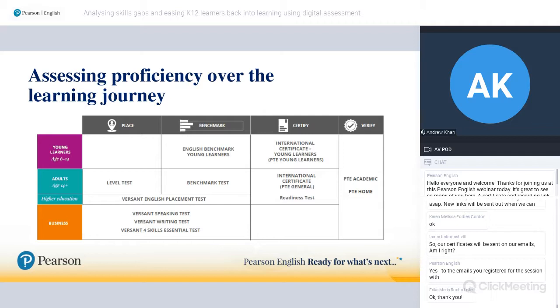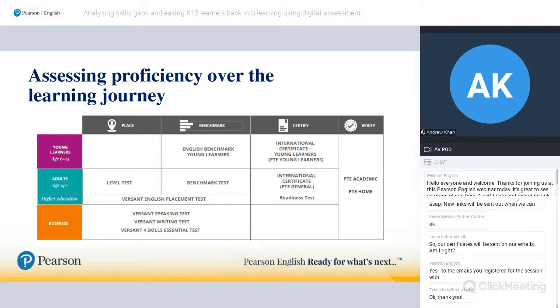You'd follow up with Benchmark, and then you'd use Benchmark as we've discussed in that virtuous circle of learning, assessment, diagnostics, informing teaching, and then learning some more. If at some stage you get to a point where the learner needs to have something that is tangible, physical to hold in their hands to show the outside world, that's not just their parents. So it might be a local university, a local school, potentially an employer.